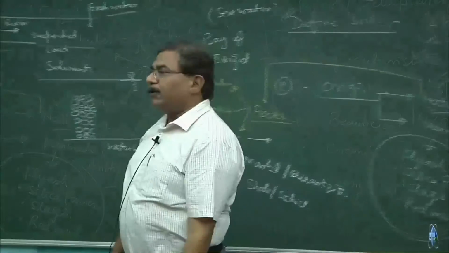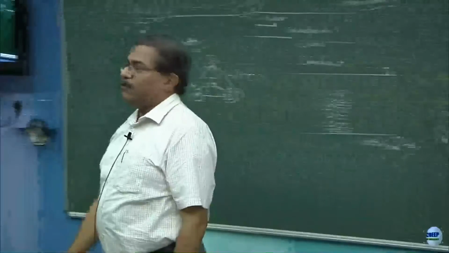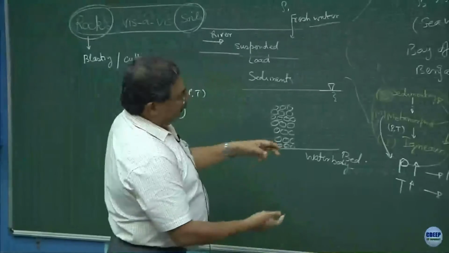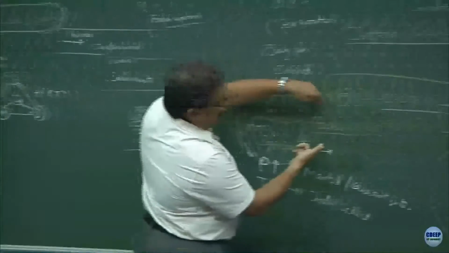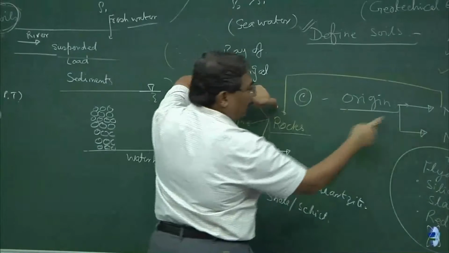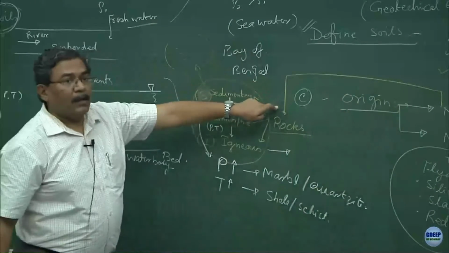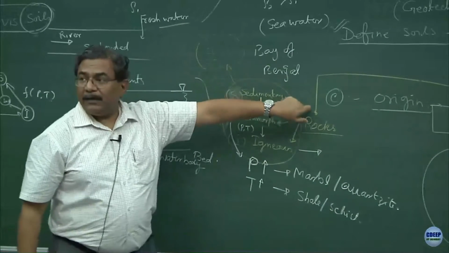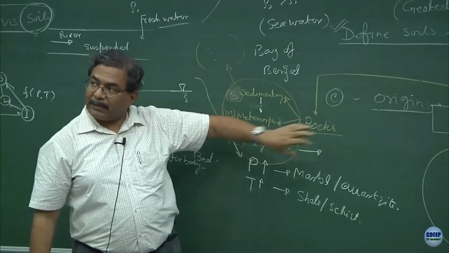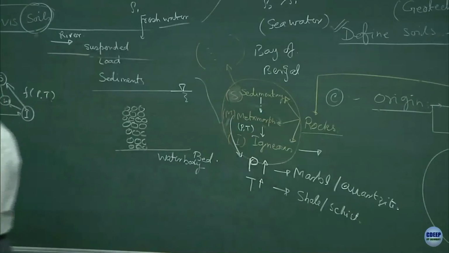Now, let us enter into the classification schemes of the soils. When we said types of rocks, and I linked it with the naturally occurring soils, which is the origin, let me talk about the classification scheme for rocks. Now, let us talk about the classification schemes which are used for soils.